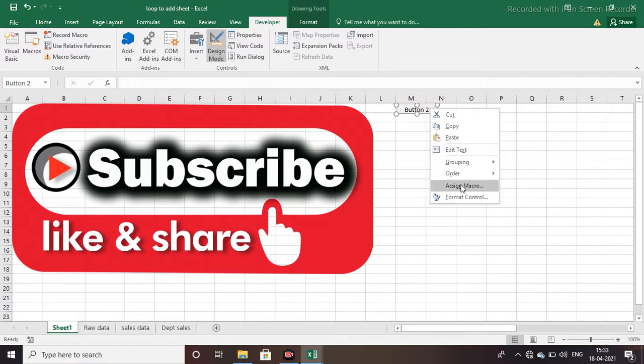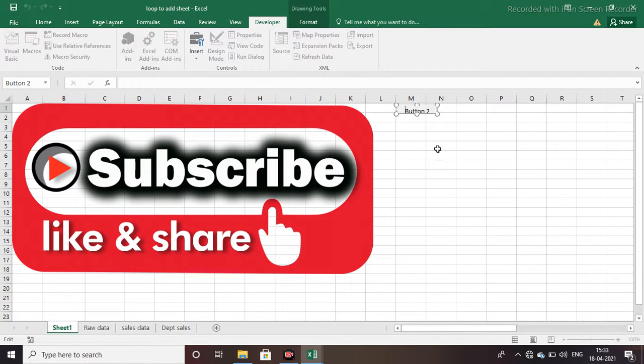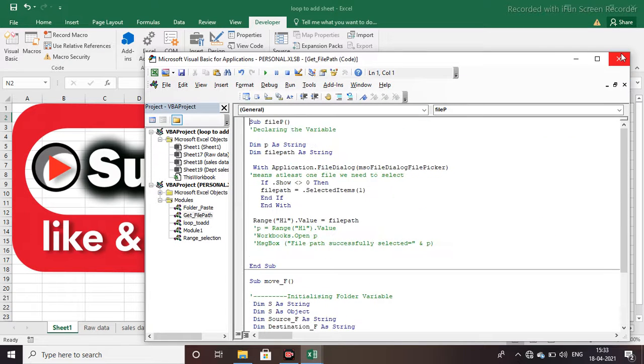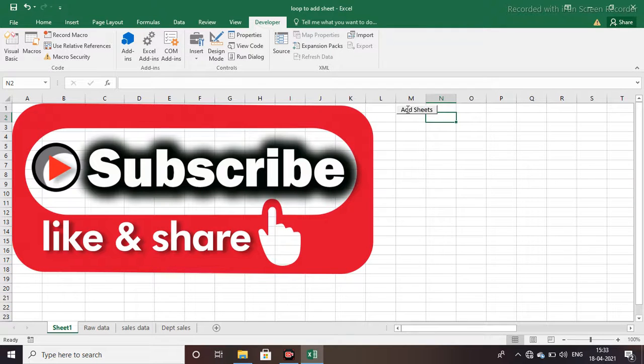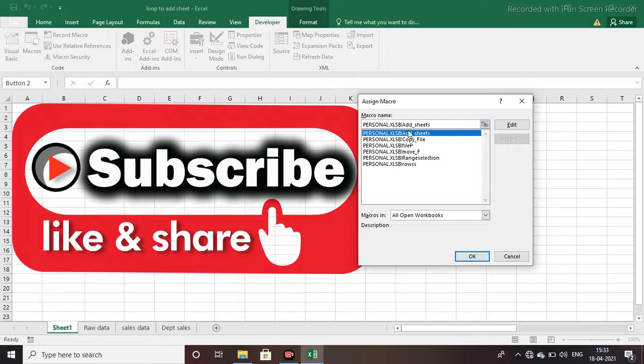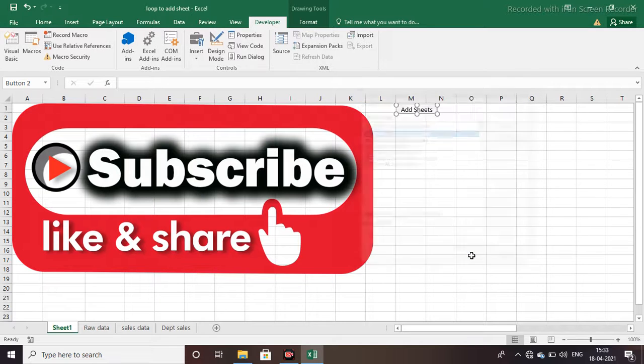Now edit the text: Add sheets. Now coming out of design mode. Now we are going to close this window. Now assign the macro, Add sheet, which we have already created.